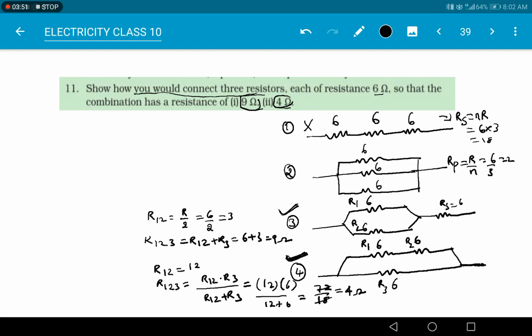So this is the way of doing this model. If they give different resistors to get so and so resistance, we have to approach like this only. Directly we cannot get which combination it is. We have to draw circuit diagrams for how many ways or possibilities there are, then solve the effective resistance in each combination one by one. You are going to get your resultant answer.